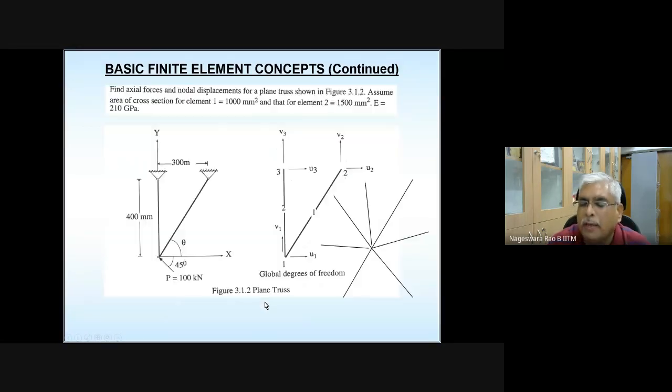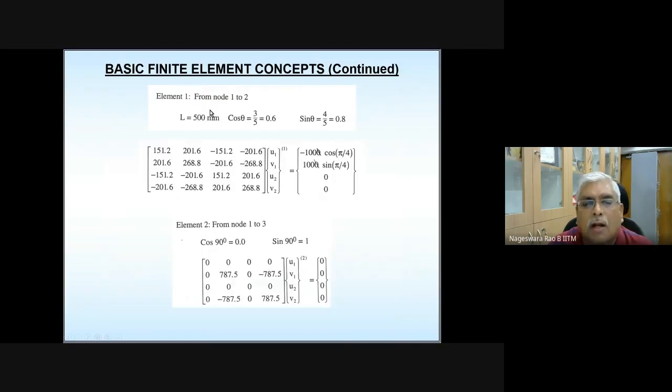So the point I want to make is, don't mix up. For one element, let's say this is local node 1. For the second element, don't say that the other one is local node 1. Don't mix up. You be consistent. Either you keep the common point for all the elements as local node 1 or local node 2. Then you need to look at only this corner or this corner. Please note that when you have this corner or this corner, both our values are same. Anyway, think about it.